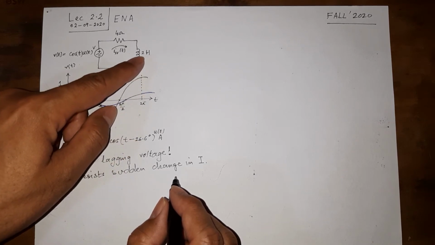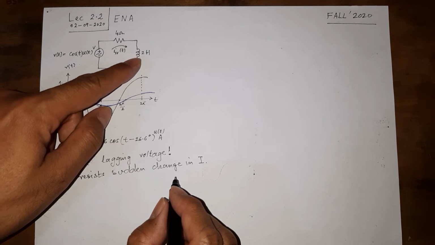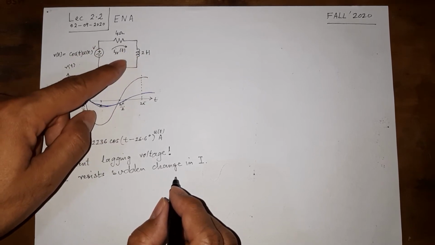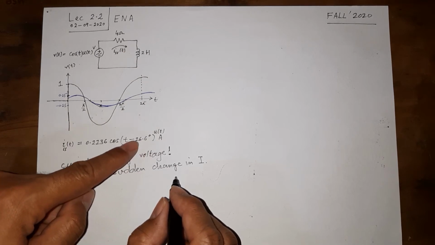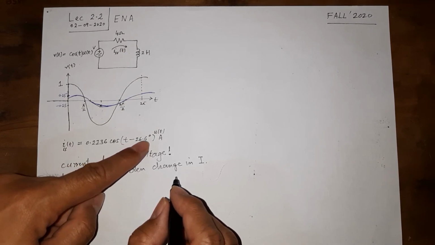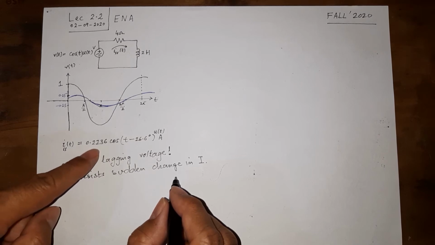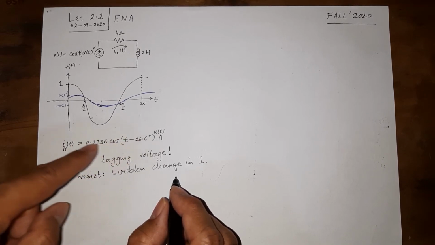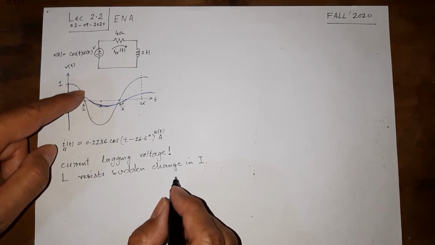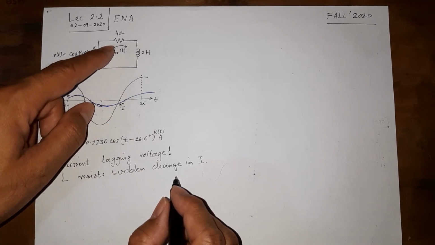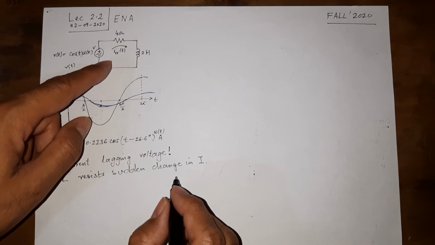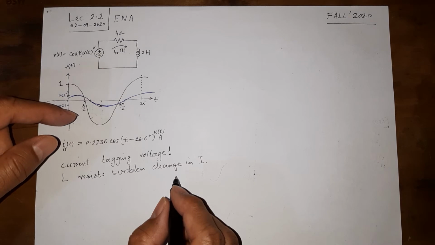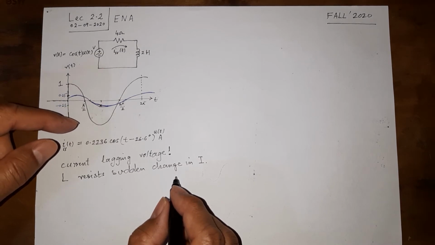If we keep decreasing this and make it 0 Henry, so there is no inductance in the circuit, what do you think the value would be? 0. So there will be no lag. And 0.2236 or some other value cos of t would be left. So the current would also peak here, which should be the case when the circuit is resistive. No inductance here. No one is opposing the change in current. So current will no longer lag.